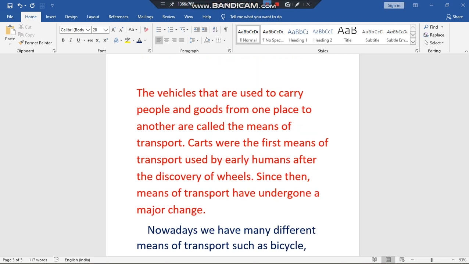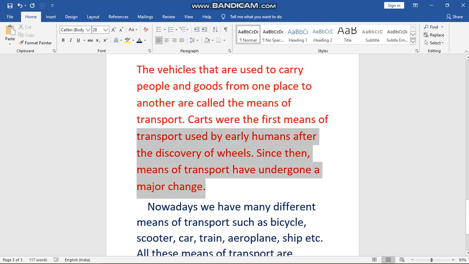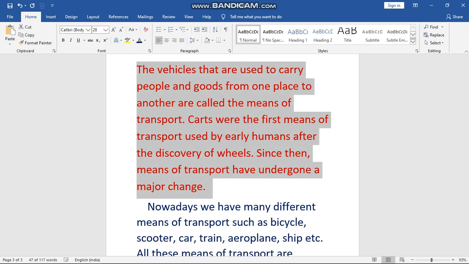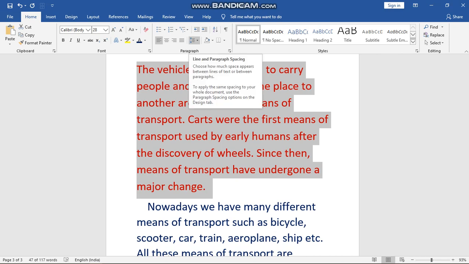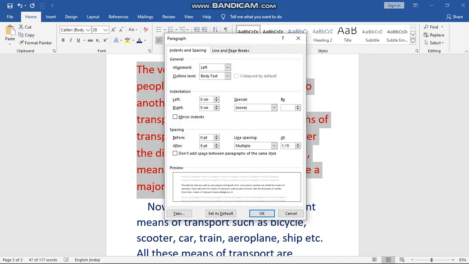The third point which we are going to learn today is how to do setting of paragraph spacing. Okay, how you can set the whole paragraph. So again, you have to select the paragraph. Then you will go to the same button, line and paragraph spacing. You will click on that. You will get the line spacing option, and spacing where you have before and after.